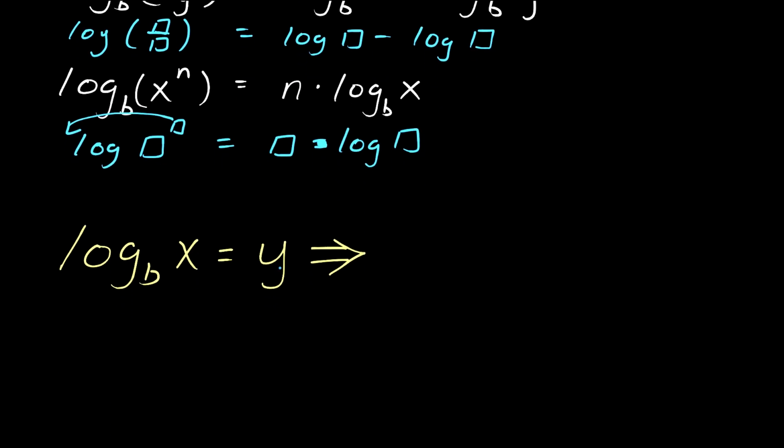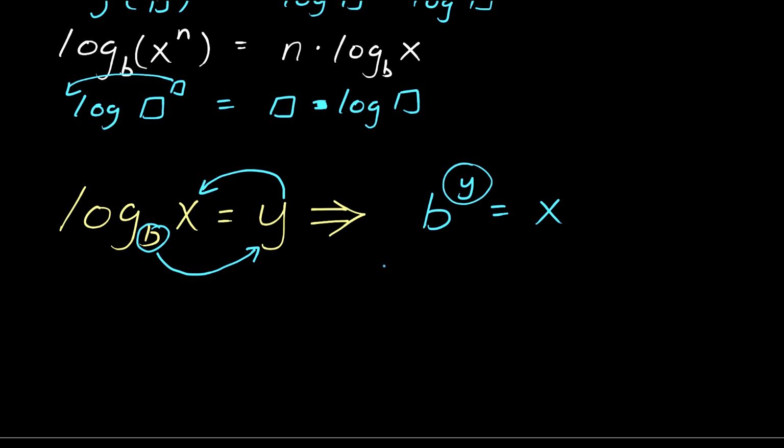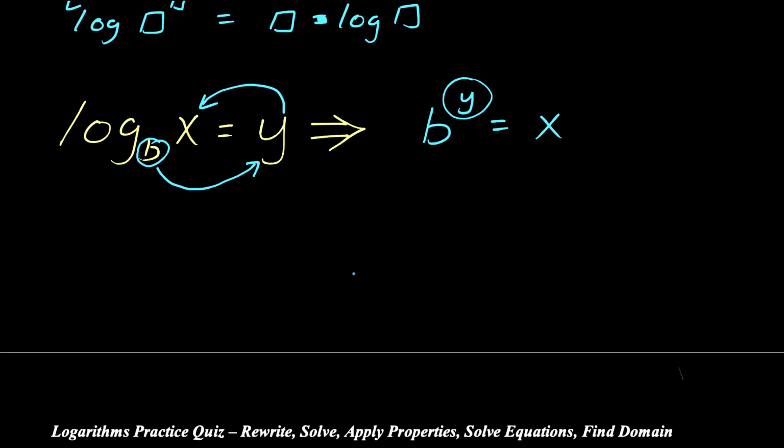And when all else fails and you get stuck in a log problem, if you can reduce it to a basic log, you're going to be able to rewrite it. The way we rewrite logs is you take whatever the base is here, b, raise it to the power of y, and it's going to equal x. Some people refer to this as the log loop. So it's the base to the power of the answer is equal to the value. The whole idea behind this is that a logarithm is actually an exponent. You'll notice that it says the log base b of x is y, and here we see that y is the exponent. So let's go ahead and take a look at a practice quiz,